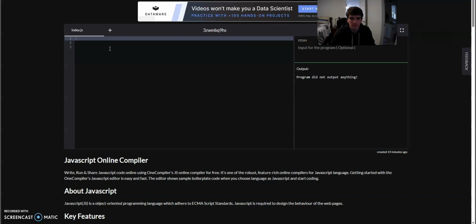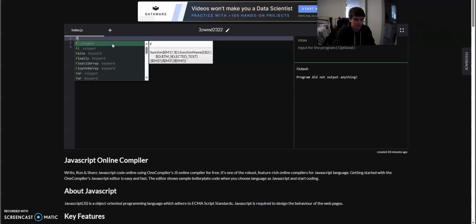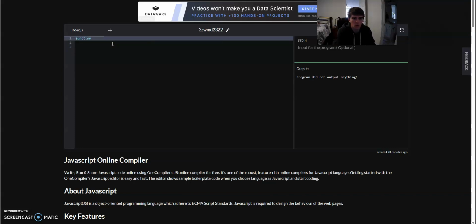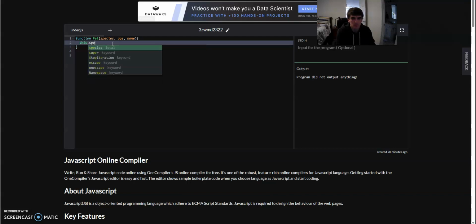So we'll create a function object called, let's do pet. We'll give it attributes of species, age, and name. So we'll set up our constructor,